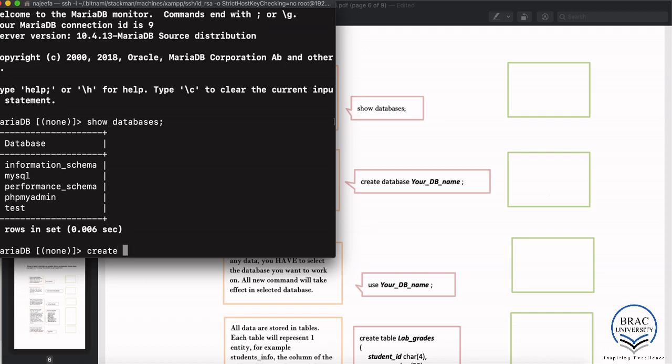So the command is create database, and then you have to give a database name. This name can be anything you want. It will just follow some naming conventions. That is, if your name has multiple words, there cannot be any space between the words. You can use an underscore, or you can use camel case, which means only the first letter is capital. Okay, so create